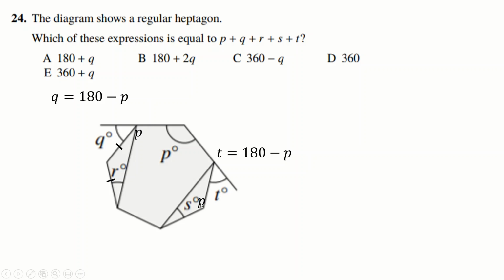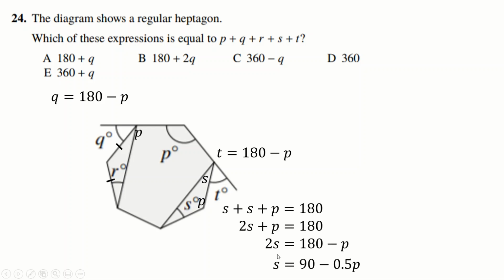Now, this angle is also P in here, because again, it's just the interior angle of the heptagon. This angle here is S in here, because this is an isosceles triangle. So P plus 2S is 180, looking at this small triangle. Which means 2S plus P is 180, take away P from both sides, divide by 2, and we get this statement for S. And I can make exactly the same statement about R, just doing exactly the same working in this triangle here. And now, instead of expressing this as a load of different letters, I'm going to express it all in terms of